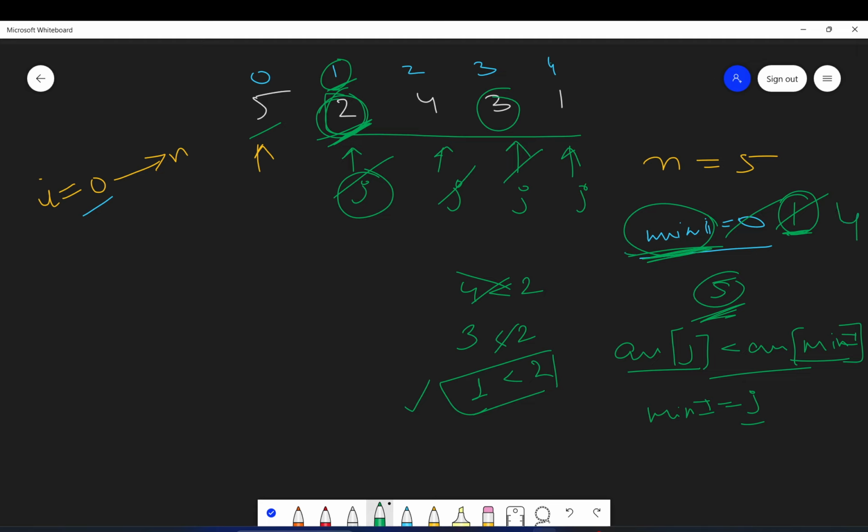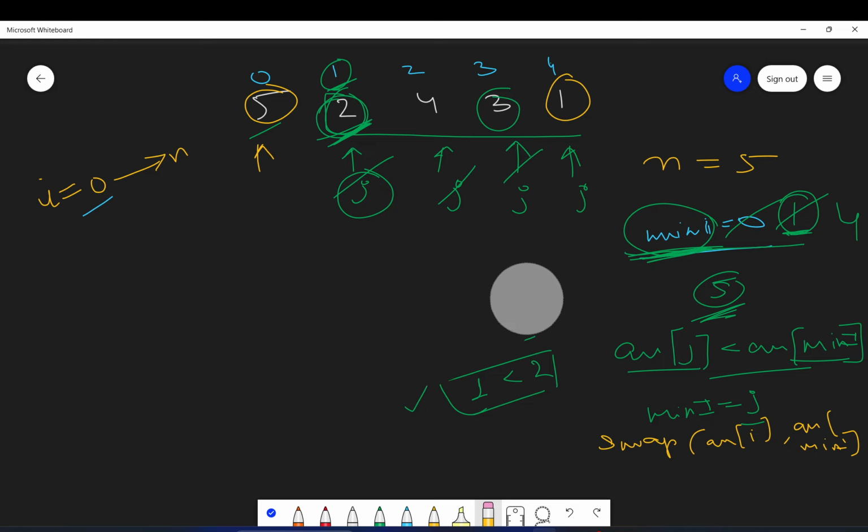Once we have found the min index, we will swap arr of i with arr of min index. So here 5 will be swapped with 1. Once the swap is done, 5 will be replaced by 1 and 1 will be replaced by 5.